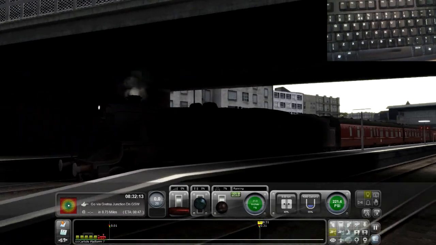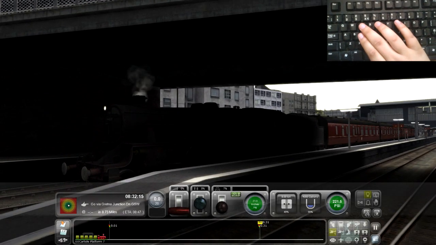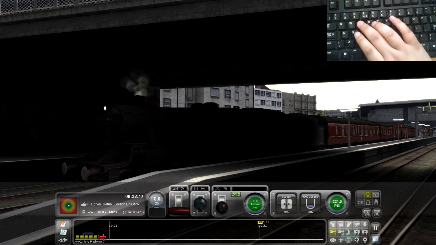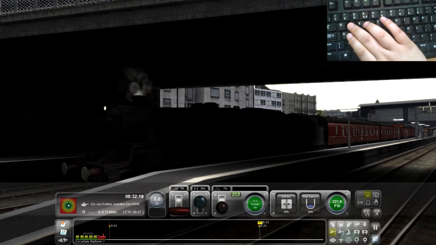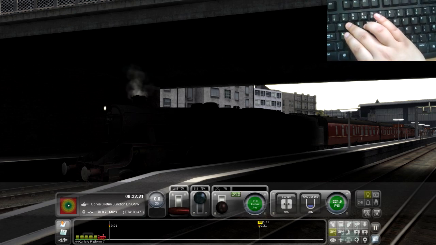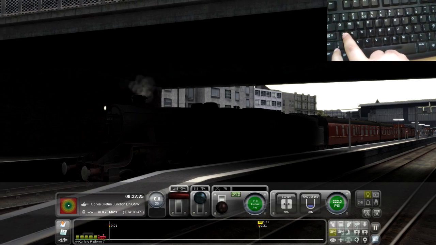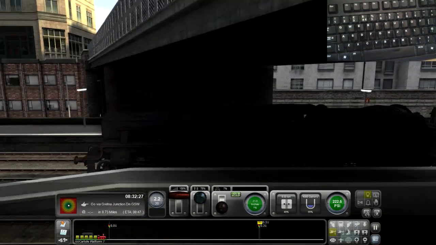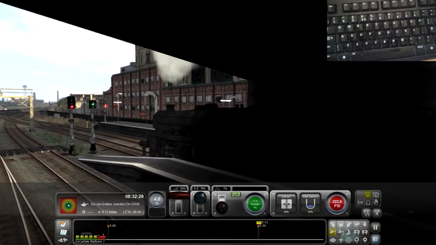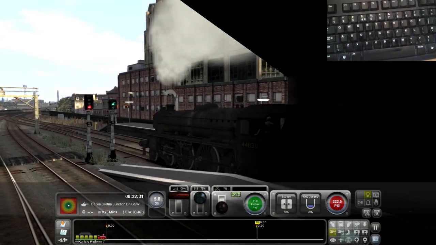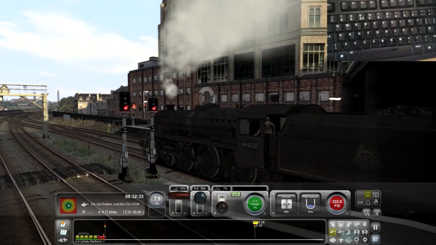I have a green signal to go. Now, I think one of the things people do a lot in this game, or with steam engines, is they try and treat them like a diesel or an electric, where you put the reverser at full like this, and then you put the throttle all the way at full. You stick it up to 100%. What you're going to find is, when you do that, the pressure's going to drop in the boiler. It's going to drop quite quickly,